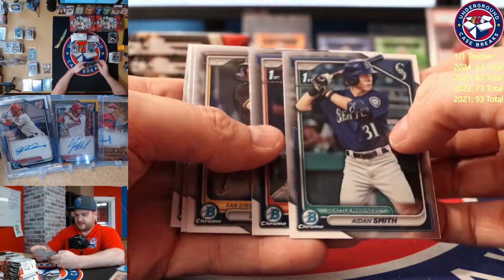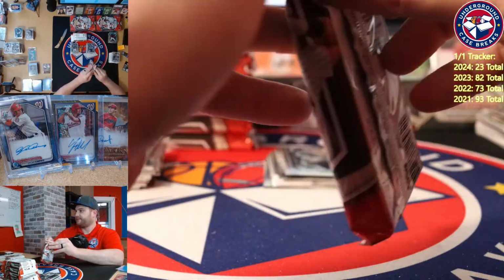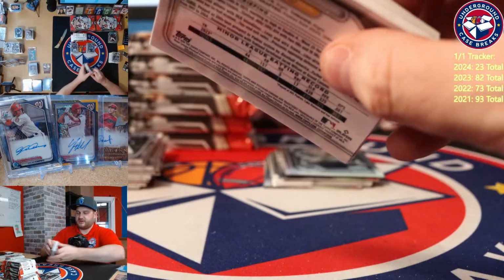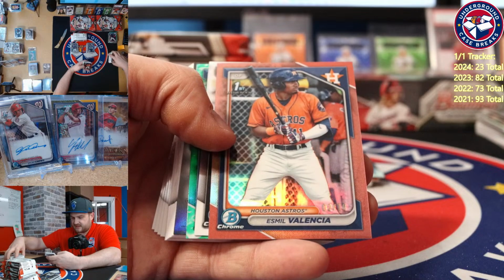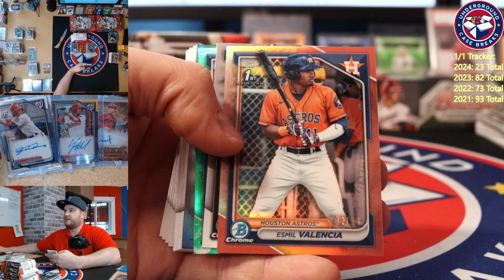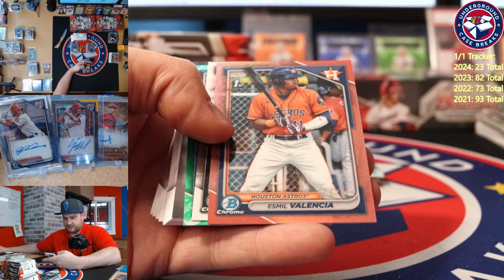Aiden Smith, Garcia, Cunha. We still have 31 people tuned into this, so I appreciate you guys being here, hanging out, and checking out Bowman with me. What do we have here? It is a first S. Emil Valencia. Looks like a rose gold, number to 10. It doesn't show number